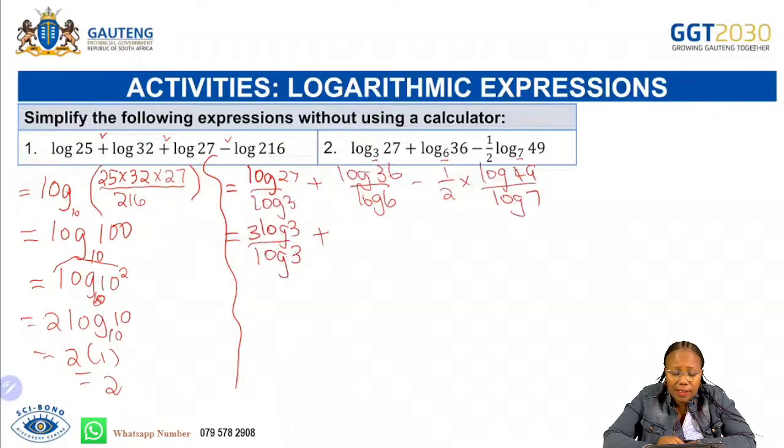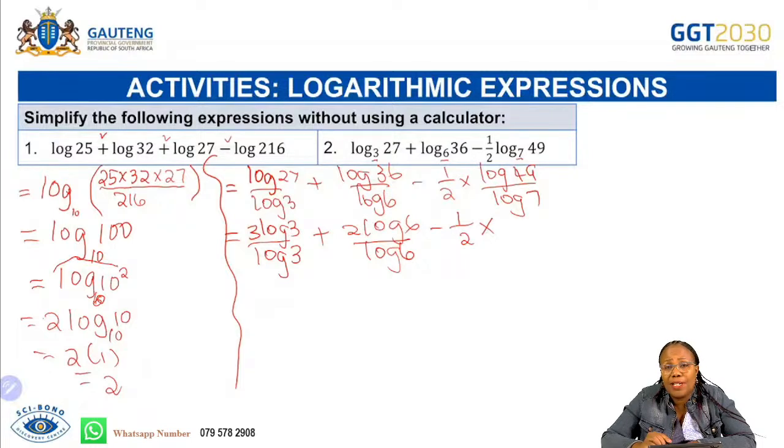Plus 36 is 6 squared. It will be 2 log 6 over log 6 minus half times log 49. 49 is 7 squared. Therefore, it will be 2 log 7